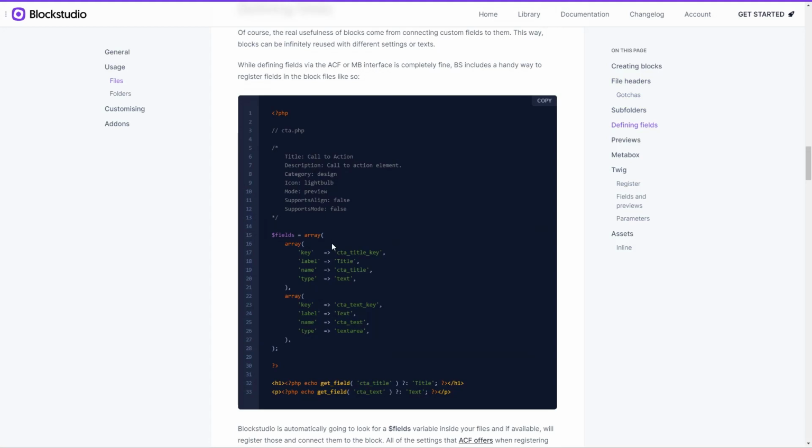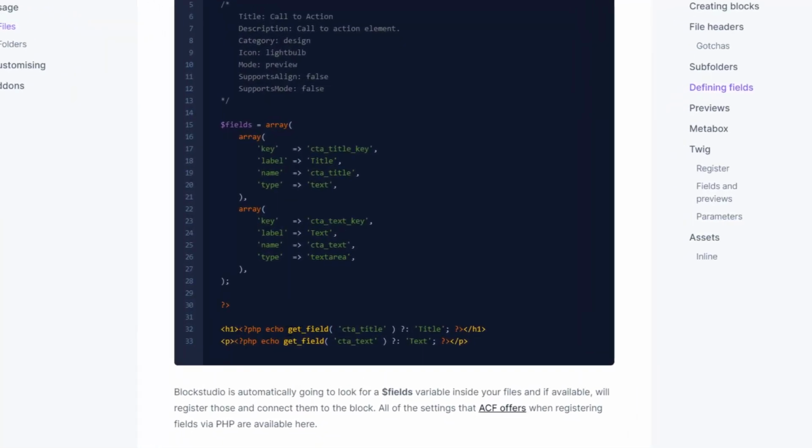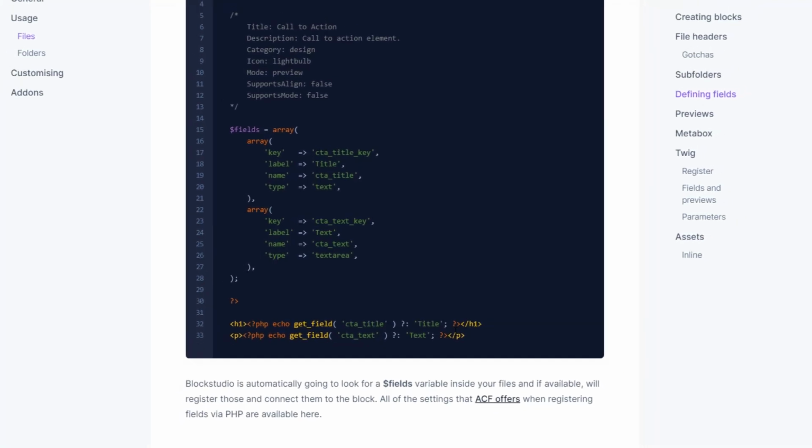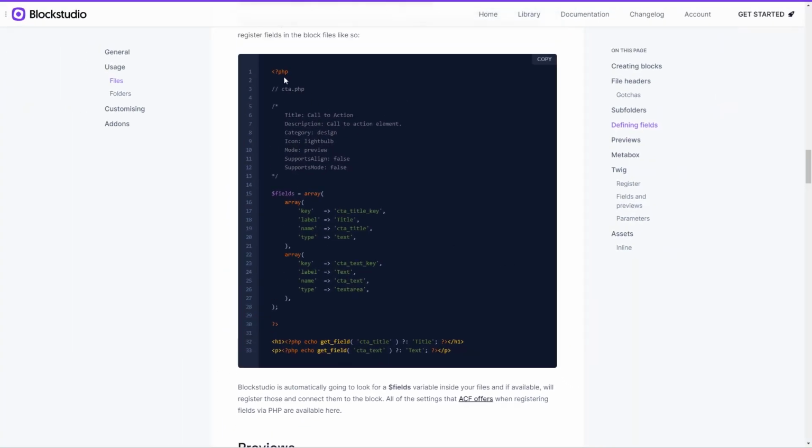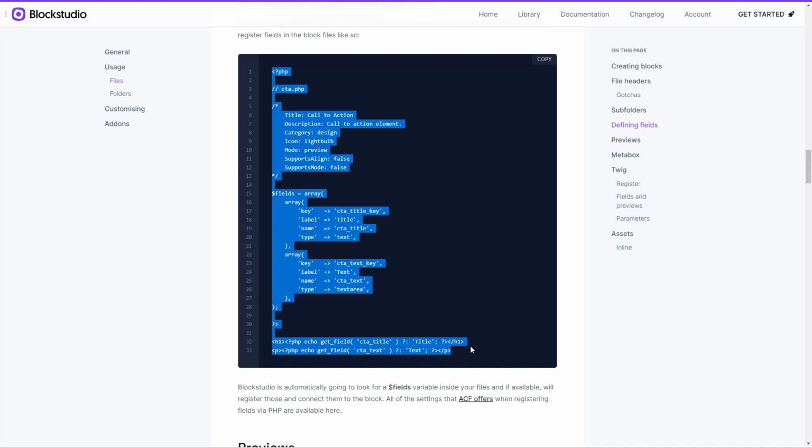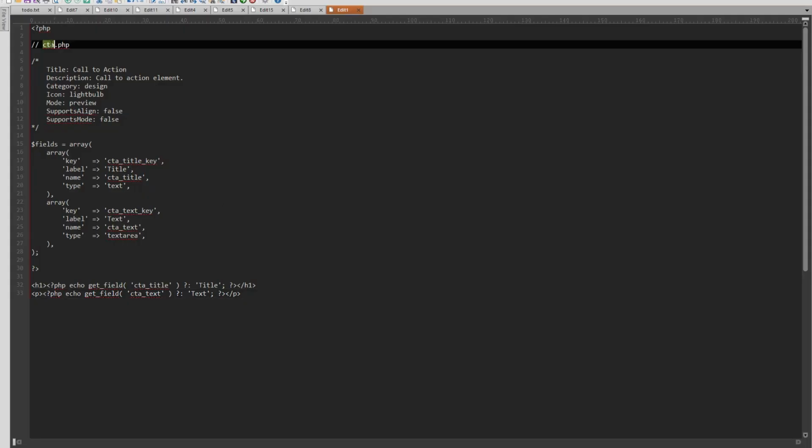Then here's where you can actually define the fields in an array instead of using ACF, the user interface. And here they're using the ACF helper function getField to pull those fields out and show them on the page in Gutenberg. Okay, so what I'm going to do is just copy this code into my code editor, paste that in, and then the name of my block is going to be